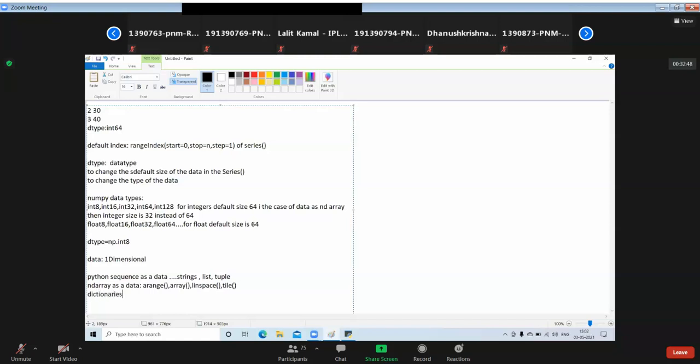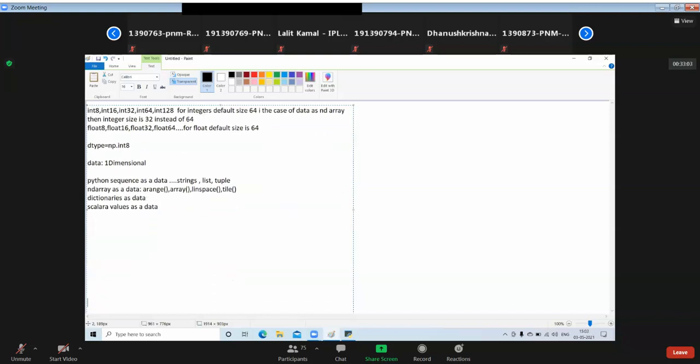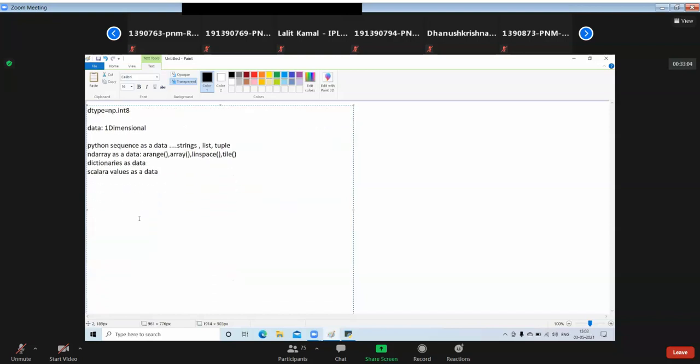Dictionaries are quite different when compared to all other data. Be careful. Dictionary as a data. And finally, scalar values as a data. These are the 4 types of data we can pass as data to the series object whenever we are creating. Let me show how to create a series object